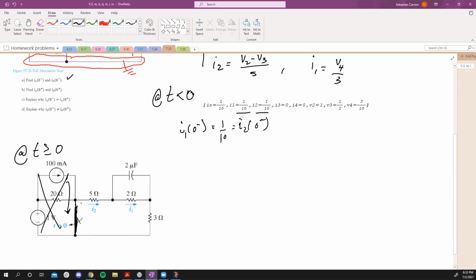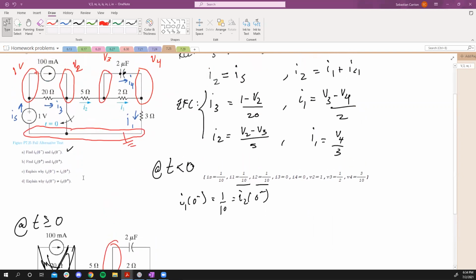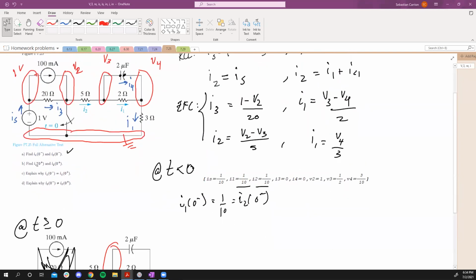So cancel this part out, right? This part is canceled. Then I'm going to label my node. Since in part B we're looking at instantly after,